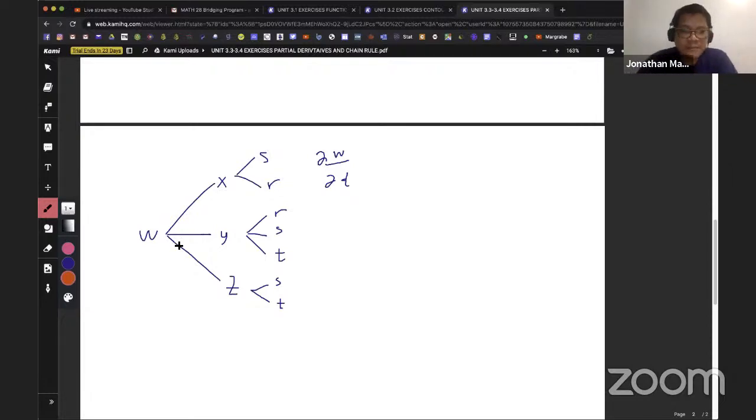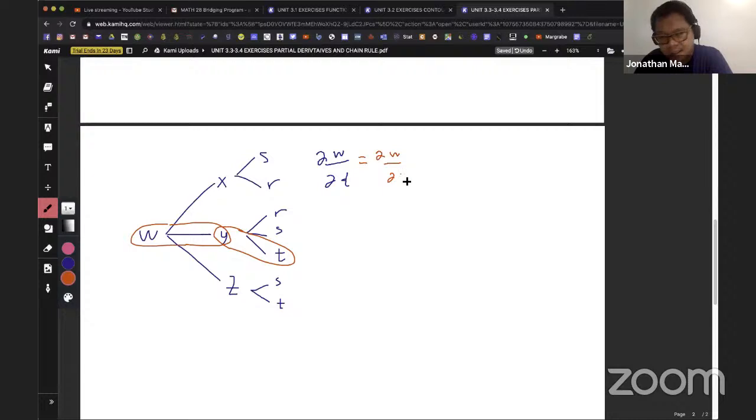Next. Kung dadaan ka kay y, meron siyang t. Okay? So we need to get the partial of W with respect to Y and the partial of Y with respect to T. Maisasama natin siya dun sa formula. So ano yung magiging formula? So that will be partial of W with respect to Y times partial of Y with respect to T. Okay? Plus,